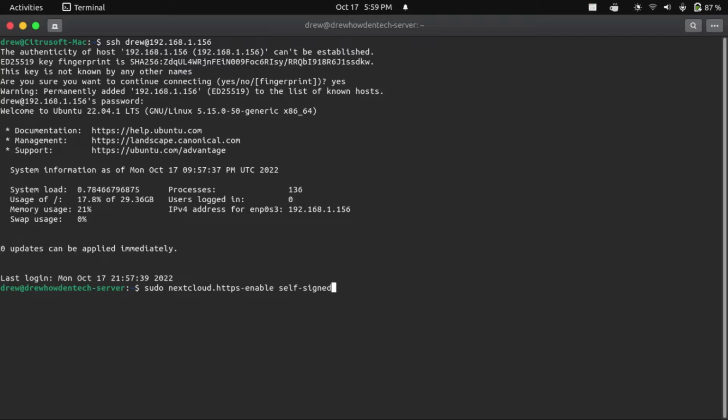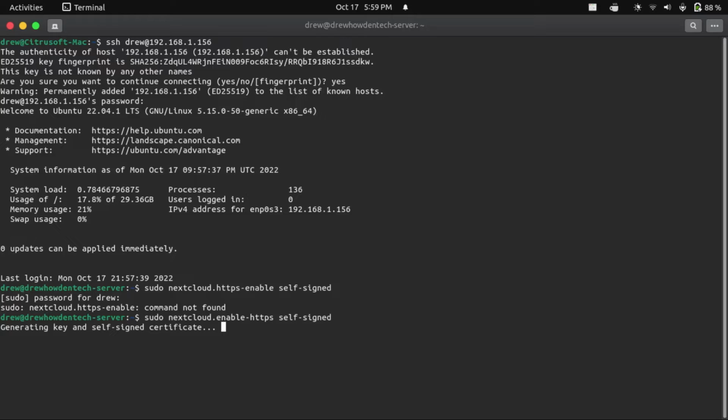And unfortunately, we can't get a certificate from a proper certificate authority unless we have our own domain, and even then it wouldn't be recognized if we're connecting from our local network. But anyway, we're going to hit enter, punch in your password. Oh, sorry, it's sudo nextcloud.enable-https, my bad. Let's go try running that again, and then it should go generate our key and self-signed certificate and restart our